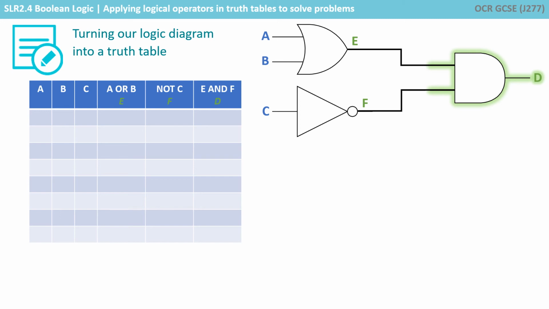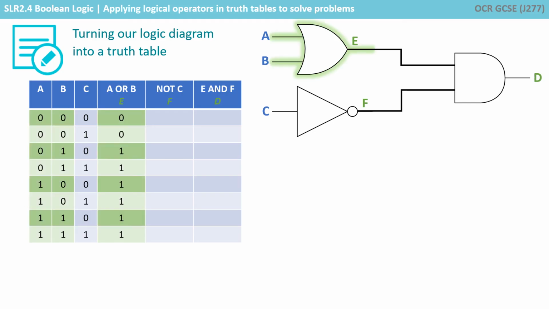Now we've constructed our truth table, we can start to fill it out. So the first thing to do is to fill all the various combinations for our three inputs A, B and C. And as mentioned in a previous video, the easiest way to do this is to simply count up in binary. The first row represents 0, that's 0, 0, 0. The second row is the number 1, 0, 0, 1, and then 2, 3, all the way up to 7, which is 1, 1, 1. We can be sure we've got every possible combination of three inputs there because we've gone from 3 zeros to 3 ones.